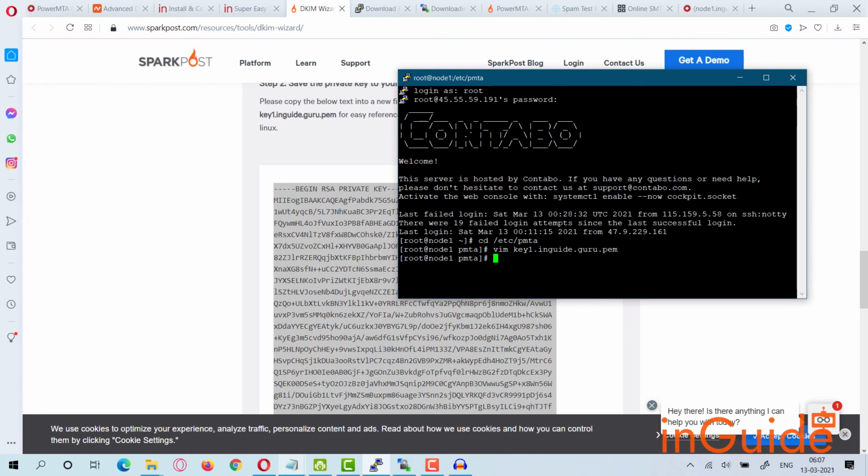Now in order to load the new configuration, you have to reload or restart Power MTA. But before reloading Power MTA, if you could remember, we haven't specified the DKIM location to Power MTA. Basically Power MTA doesn't know where this DKIM file is, so that it would sign every email coming out of Power MTA. So let's edit this config file first and tell Power MTA that we have this DKIM file here.